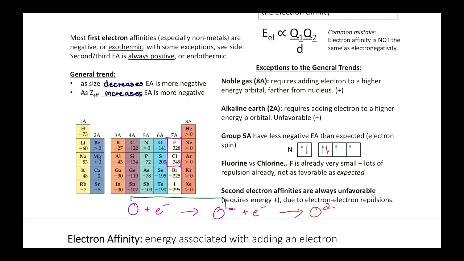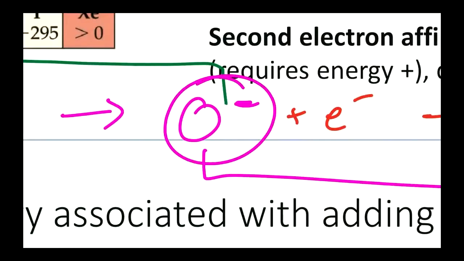So this last idea here is that this reaction, the first one I wrote, is a favorable reaction. It's a negative number. You can look at it on this graph here. But the second reaction that I wrote, this one, is actually endothermic. It's a positive value, all right, that it's always unfavorable to add that second electron, always. But let's think about it. The same idea here. I have a negative oxygen and a negative electron, and I try to shove them together. What kind of force am I acting upon there? Repulsion again, all right, because our oxygen is already negatively charged,